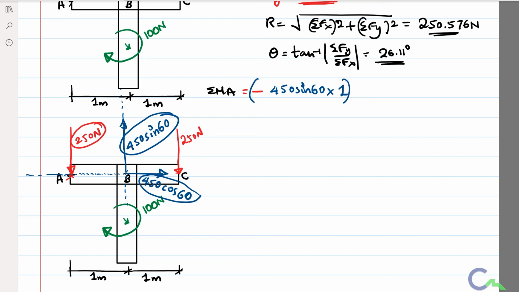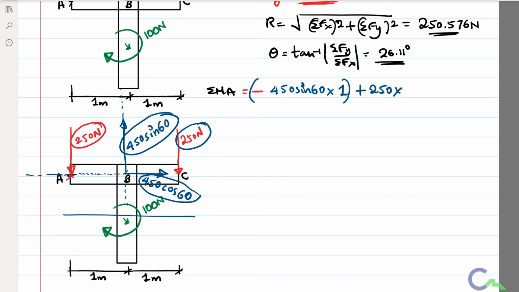So after that I am considering this 250. If I shift that force in the line of action of force, it is not passing through A, therefore it is going to rotate point A in clockwise direction. If I apply that force about A by taking this as radius, it is going to rotate in clockwise direction. Therefore I will take plus 250 into perpendicular distance, that is 1 plus 1, that is 2 meter.